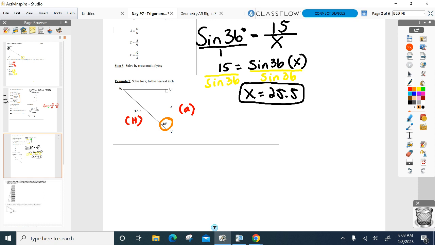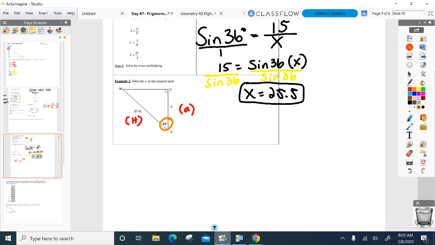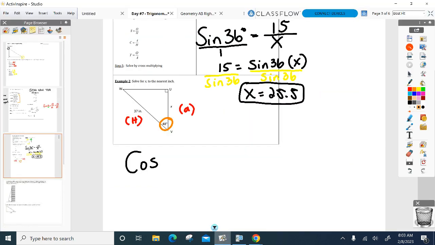So if I have the adjacent side and the hypotenuse, I can use which one of these 3 ratios I've introduced today? If I have the adjacent and the hypotenuse side, I can use which ratio? Cosine. Good. So ready? I'm going to abbreviate it COS. Cosine of what angle have we been looking at here? Which angle? 48. So cosine 48 equals,